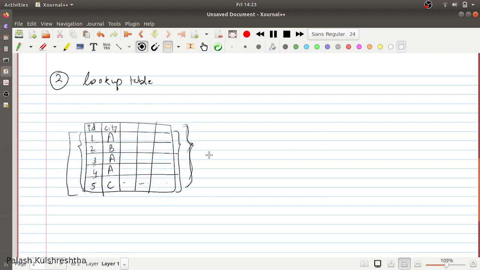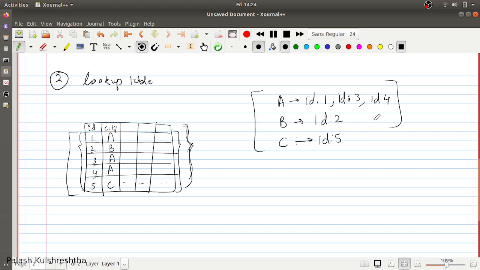Instead of storing all the data along with our city, what we can do is we can store A and then ID 1, ID 3, ID 4, and then B, ID 2, and C, ID 5. So you are basically storing only the primary keys of the actual table.